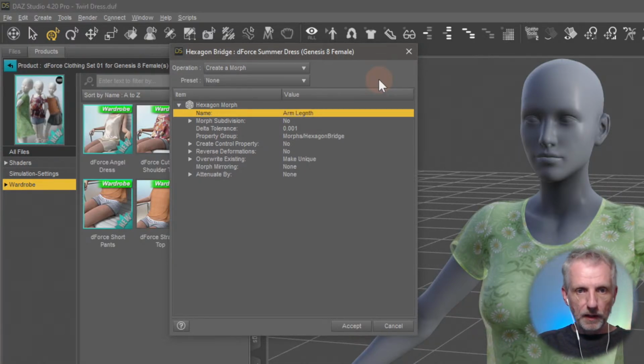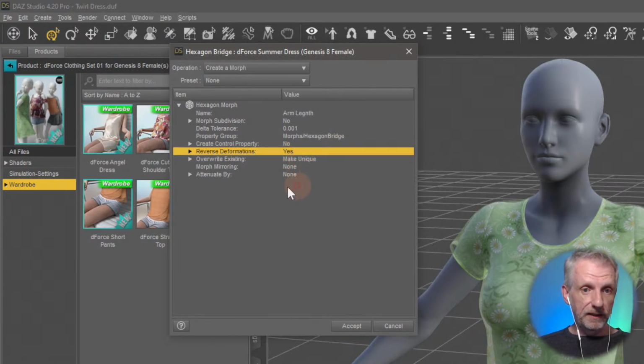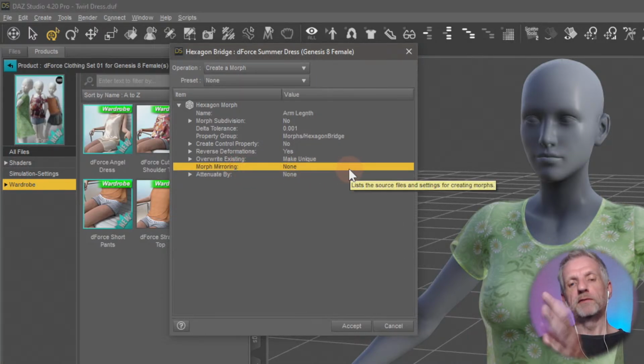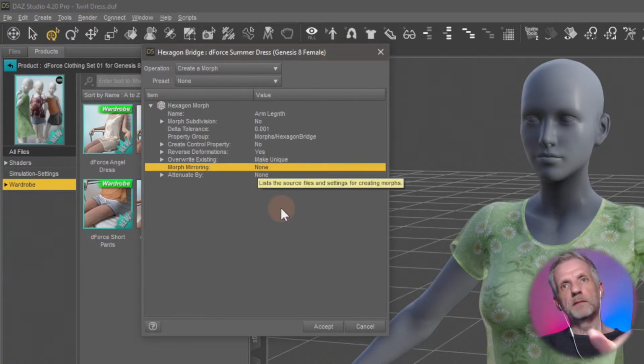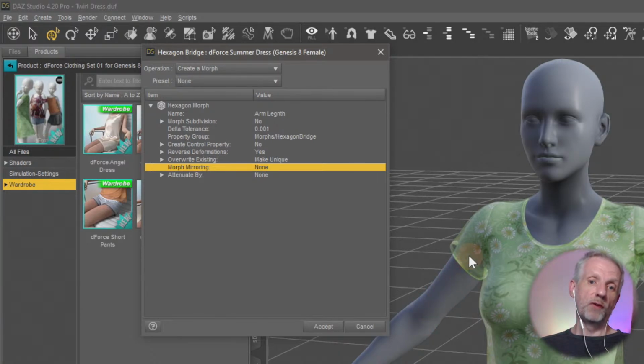Like so. And we need to go and say reverse deformations again. And then there's this thing here, morph mirroring. So if we do nothing, the morph gets imported just as we've made it in Hexagon. So only her right arm, the arm on my left side, so her right arm is going to be morphed